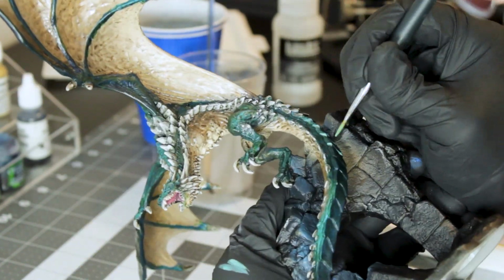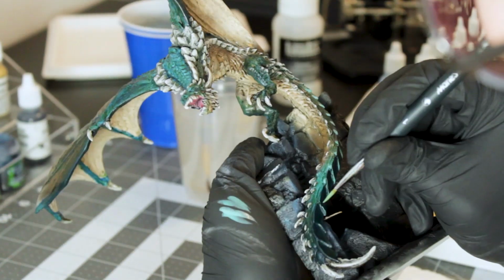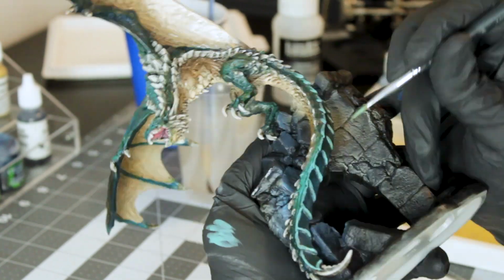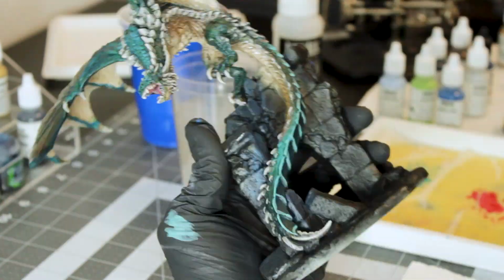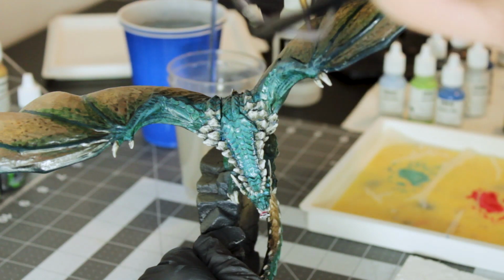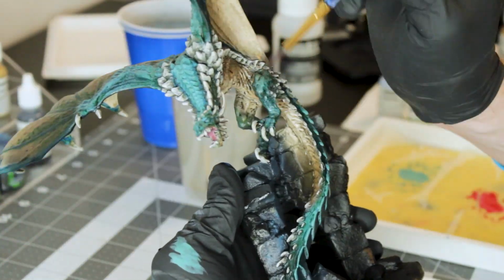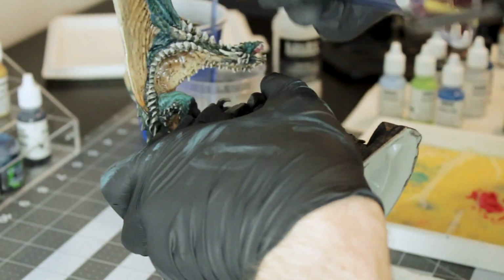So I want to do some edge highlighting on his scales. He has these really awesome plate-like scales on his tail and his back, and I just wanted to establish those, call them out at least with a good highlight. I've gone a little bit thick here because this is a technique that I don't do very often, but I'm trying to practice it. So I mixed together some of my original greens and blues and made this aqua highlight color that looks like it could match on his body from the green wash and the blue. And I've edge highlighted his tail and then dry brushed center mass highlights on his body. So like the tops of his thighs, the middle of his neck, the top of his face, and the